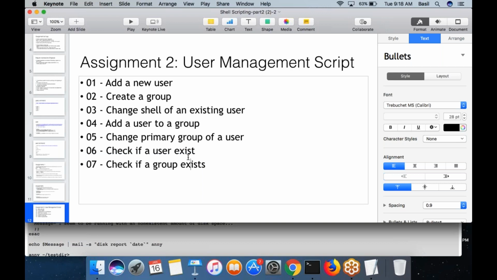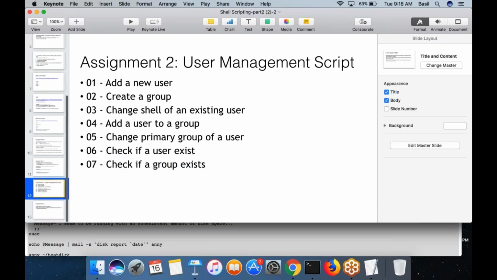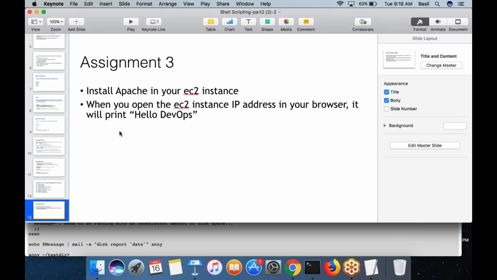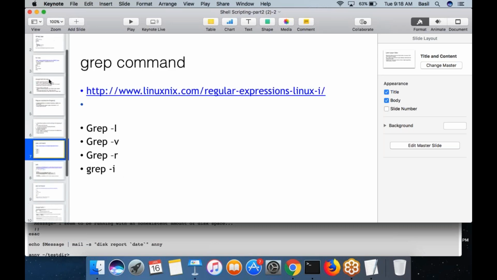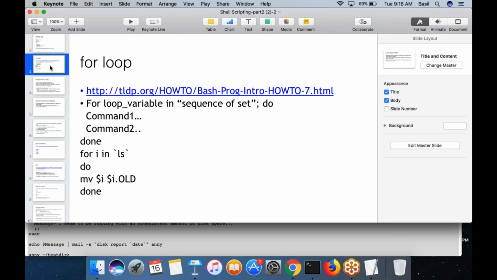So finish this script, and then that's it. That's all your assignment in shell scripting. And also finish all other assignments that were given to you till today. From tomorrow, we are going to start with Linux administration. So give most priority to our daily topics from tomorrow on. Whatever topics we cover per day, finish them the same day. Give more priority to the daily topics because you need to be in sync, right?